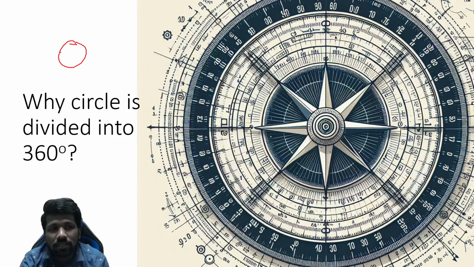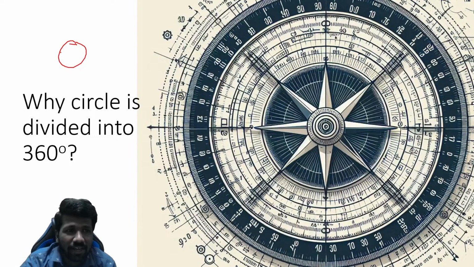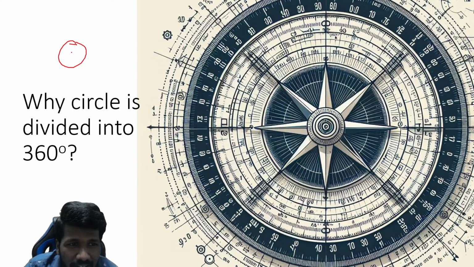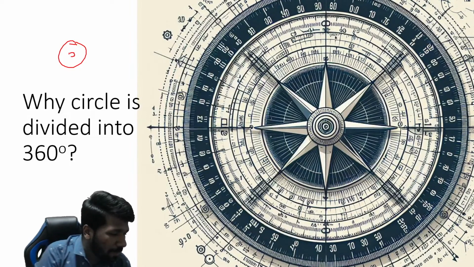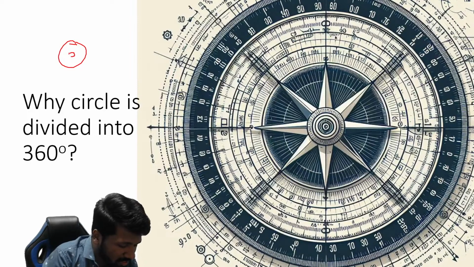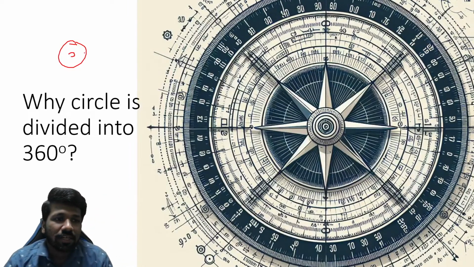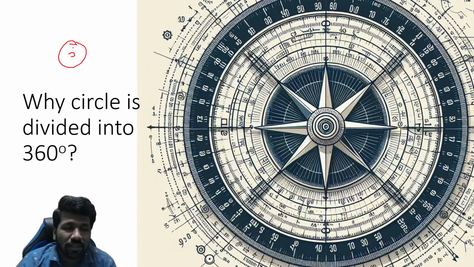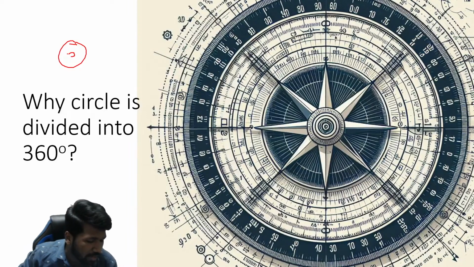Because if it was 100, taking 1/3 of... Like if the central angle of, I'm telling about central angle, for those whose math background is not that strong. Circle central angle is 360, that all of you know, right? So if the circle central angle is 360, if it was 100, 100 is the common number we use now, 100 meter or 100 kilometer, or telling in multiples of 10 is easy for us now.